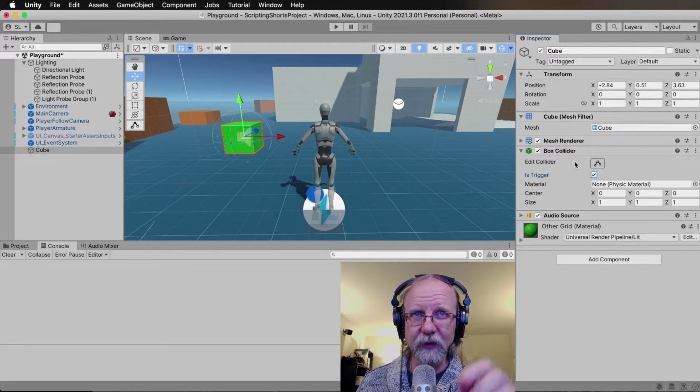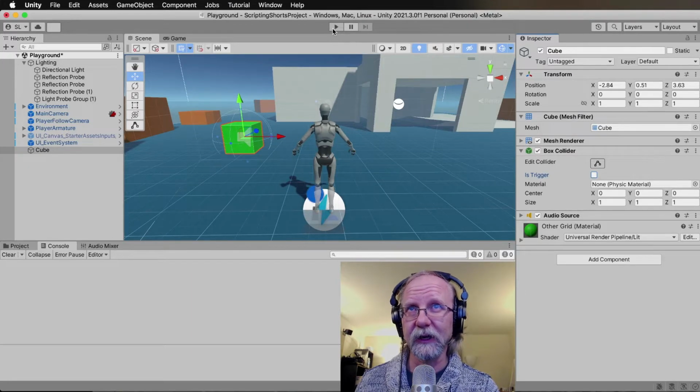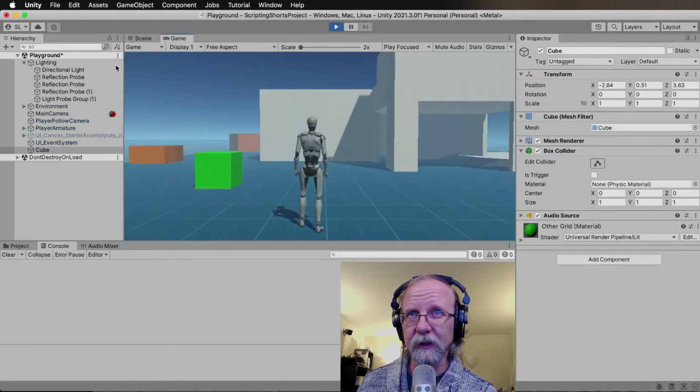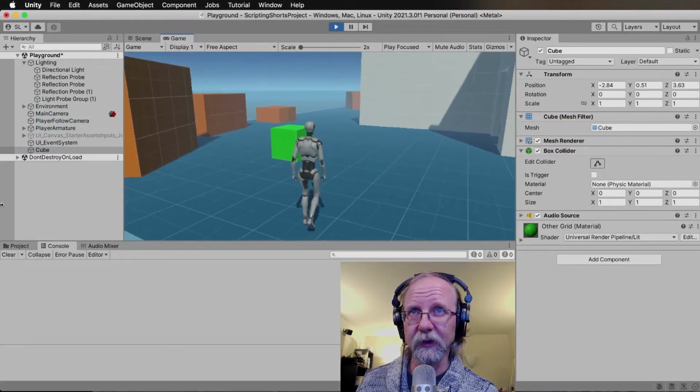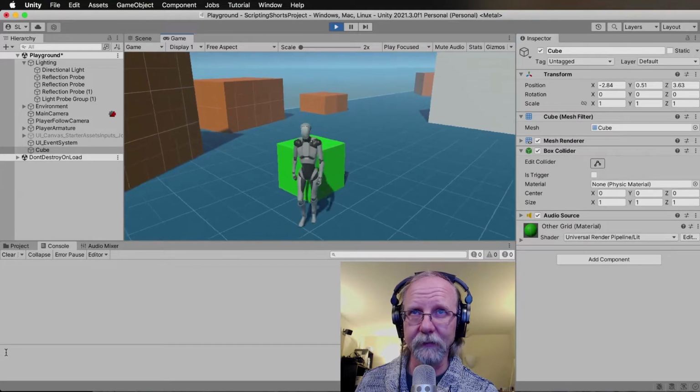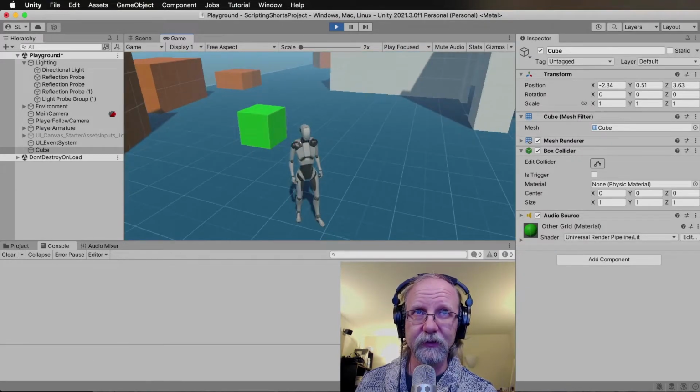For example, if I don't have the trigger on, and I start the game and walk into my little trigger object with the audio source on it, it's going to be pretty obvious. I'm going to walk into it, and nothing will happen. I'll just walk right through. So, if I turn on the is trigger option,